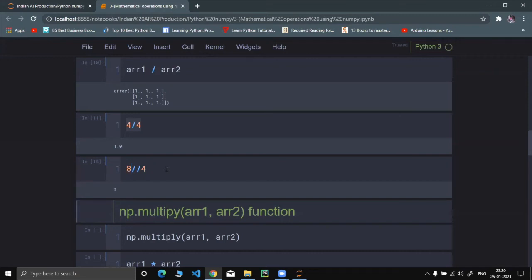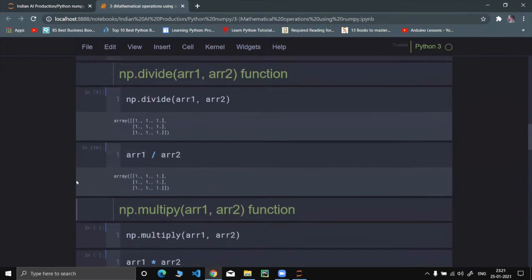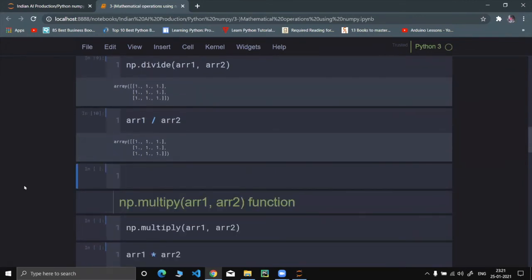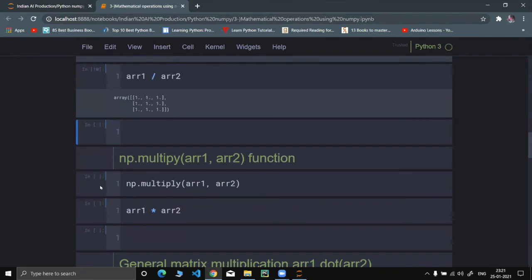Suppose it's 1.2, 1.3, 1.4, 1.5, till 1.9999, however many 9s we want to put. Until and unless the first value is 2, it won't return 2, and until the value reaches the next integer it won't move up. It basically returns the first value and doesn't care about the decimal points, whatever they might be. Now this is a bit of fun. What do you think this multiply function might be doing?